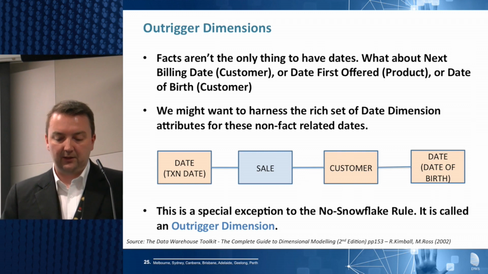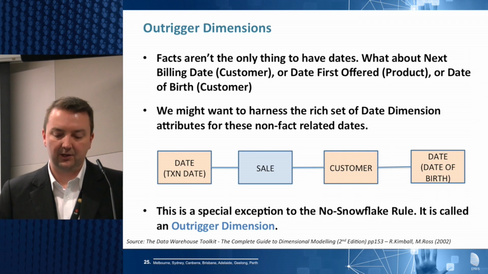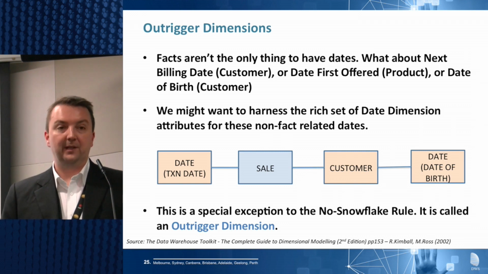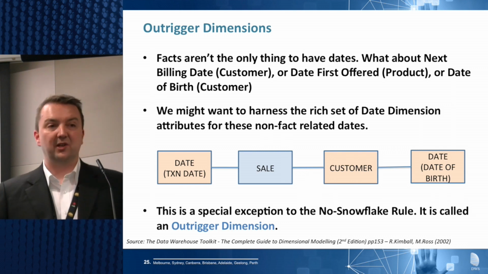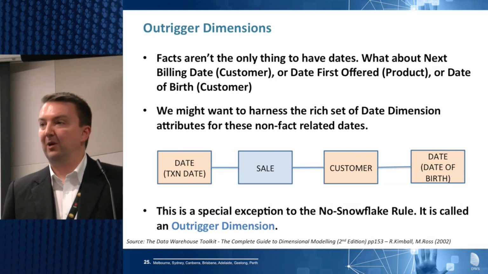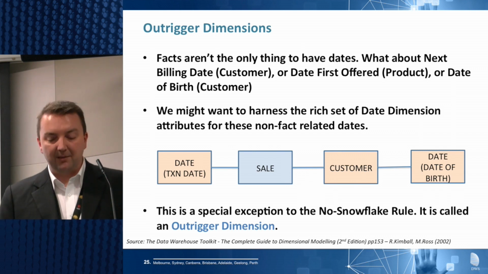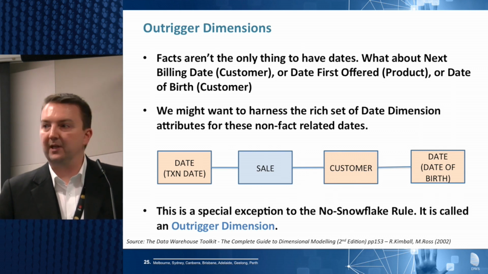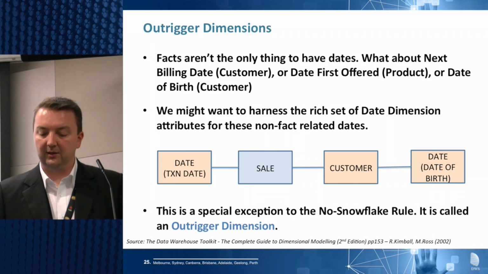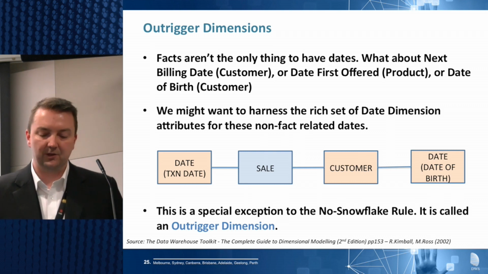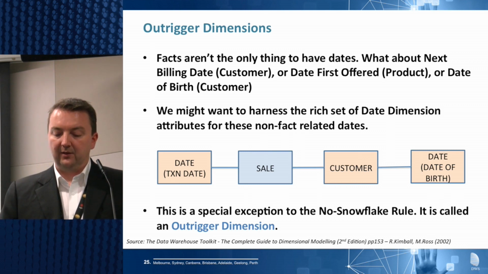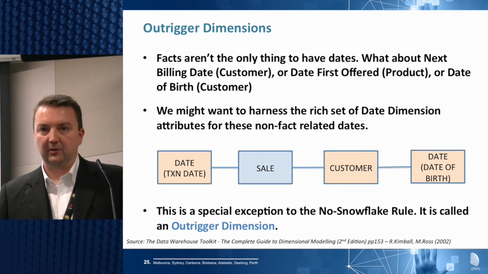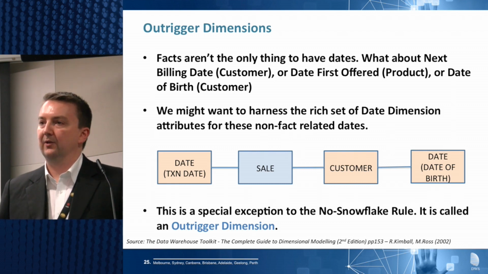So here we've got the fact coloured blue again. We've got a transaction date on the fact, and we've got a customer dimension attached to that fact. Now the customer dimension itself has a date on it, the date of birth of the customer. Not necessarily something that we'd want to analyse by month or anything like that, but maybe we do. Maybe there's some attributes on the date dimension that we want to use to do analytics on our customers. So we could find ourselves having a dimension on a dimension,